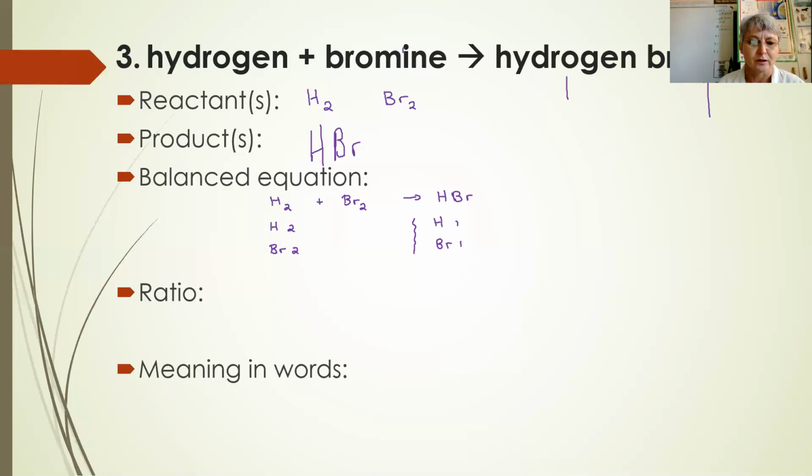To change the situation here, we can multiply the hydrogen bromide by 2. So that is what we'll do. And that changes the 1 to a 2 for hydrogen, and the bromine's 1 changes to a 2. So the reaction equation is balanced. The ratio between the reactants and the products, or as we can call them in general, the reagents, is 1 to 1 to 2. And the meaning in words is 1 molecule